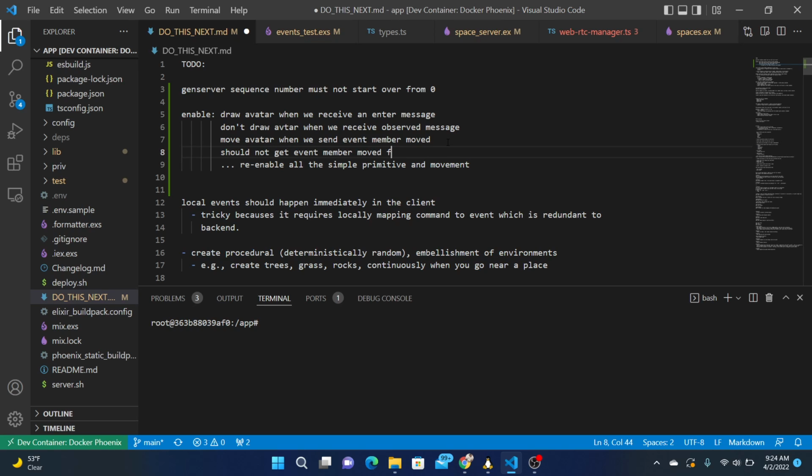And I put up here, gen server sequence must not start over from 0, which we had hard-coded 0 before, and in this video we will fix that. So we've got to recreate all the previous behavior that we had, re-enable all the simple primitive movement,